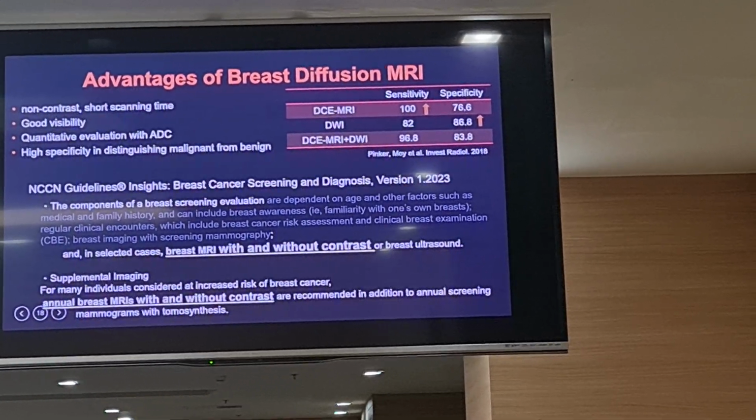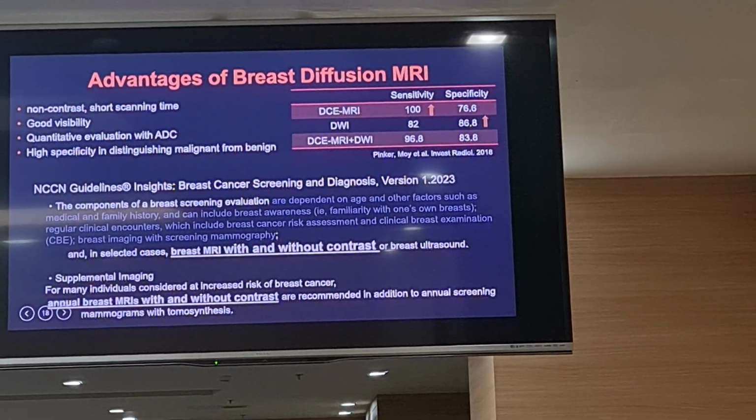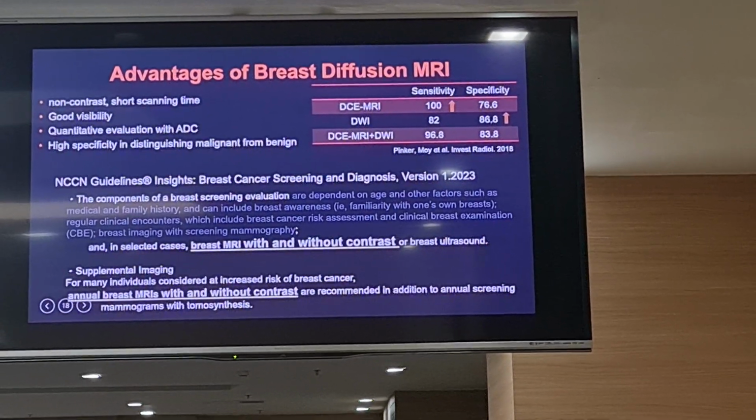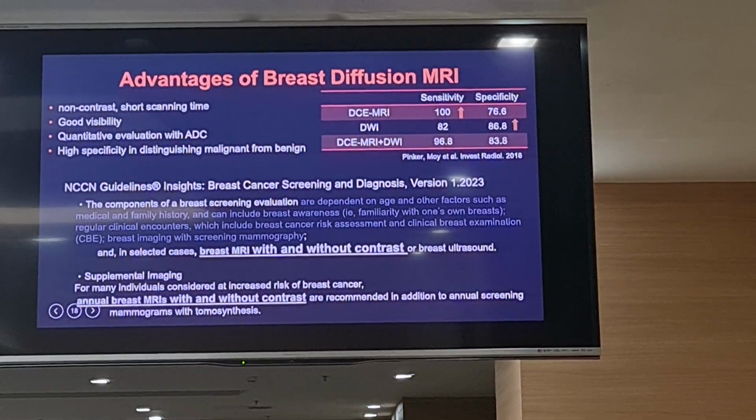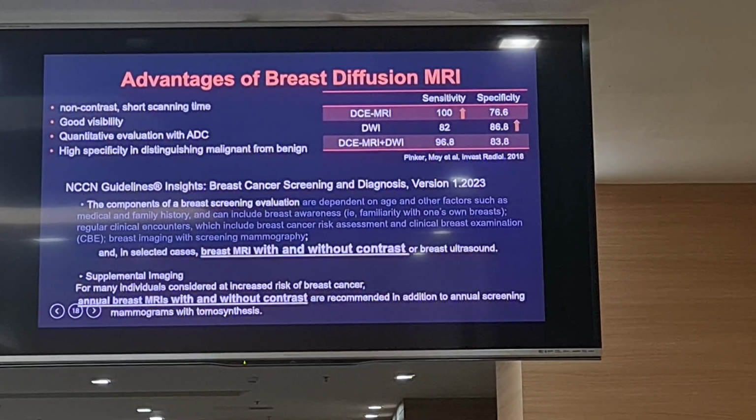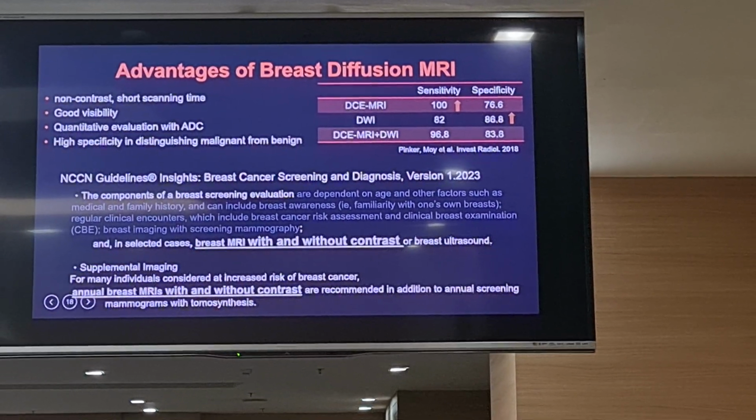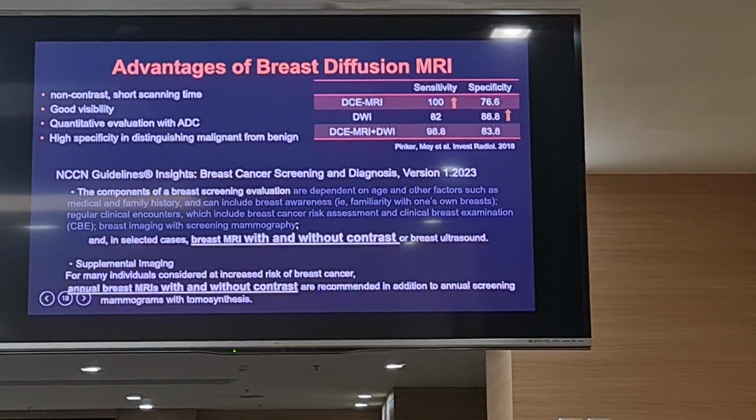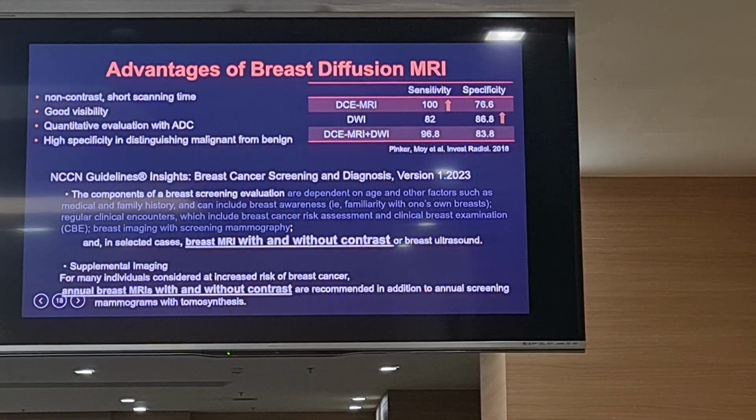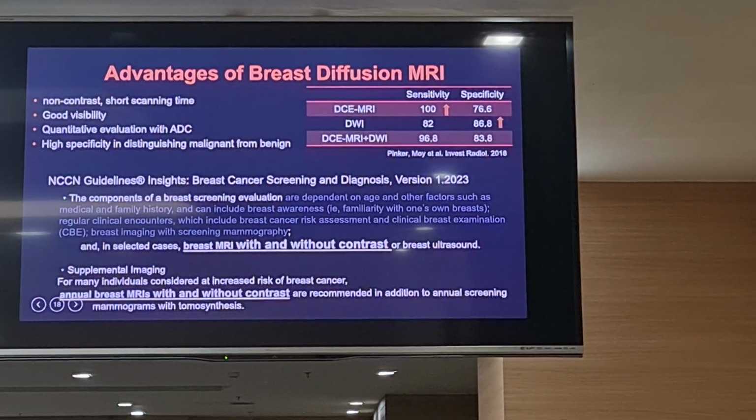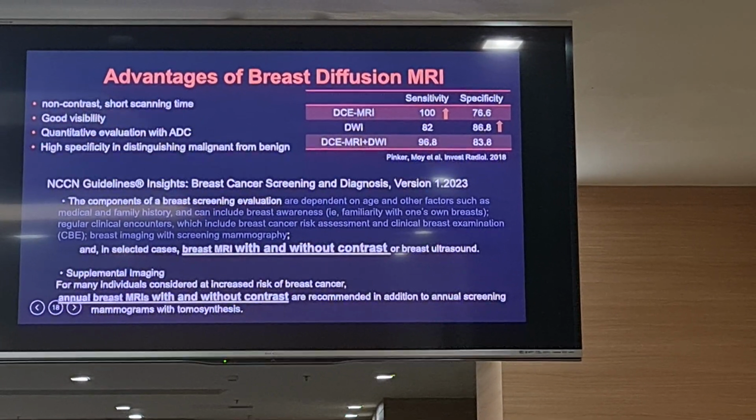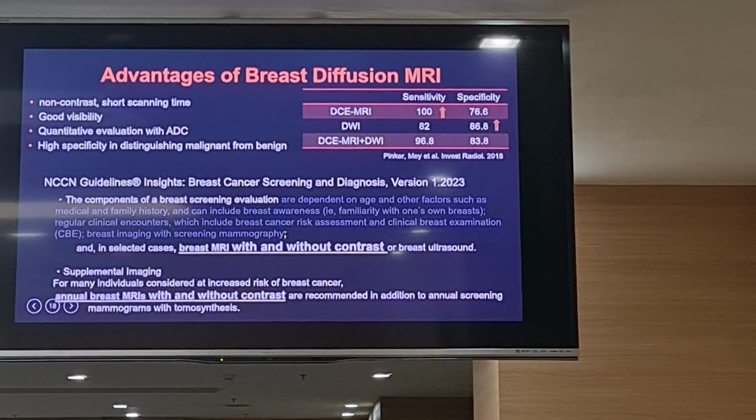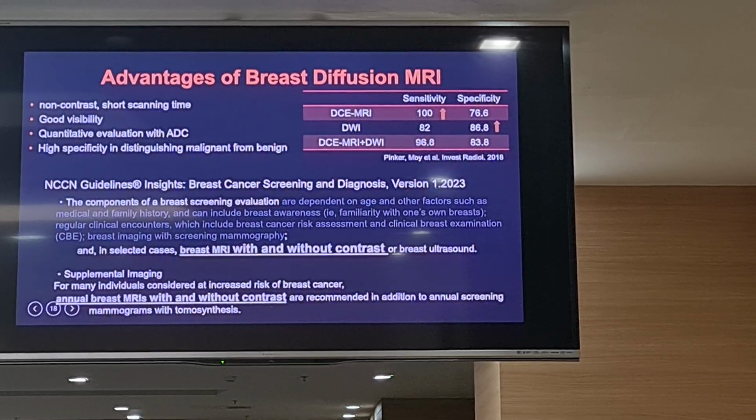Okay, so this is the advantage of breast diffusion MRI. Compared to the contrast agent used images, diffusion is non-contrast. We can acquire diffusion with very short scanning time and good visibility, and we can evaluate the ADC map. No need to measure ADC. Of course, it's better to measure, but we can already evaluate the ADC map. And what's best is that we have a high specificity in distinguishing malignant